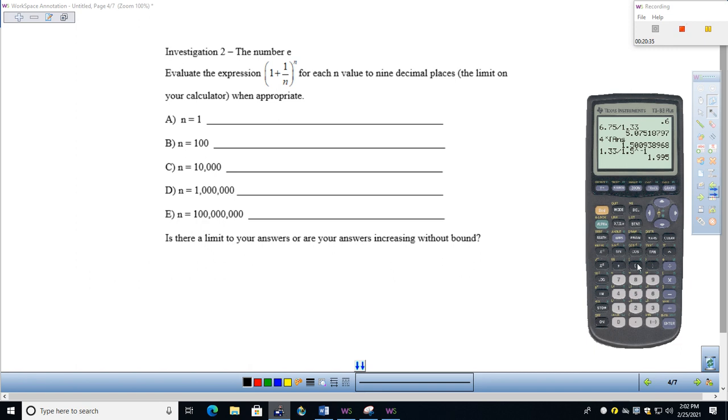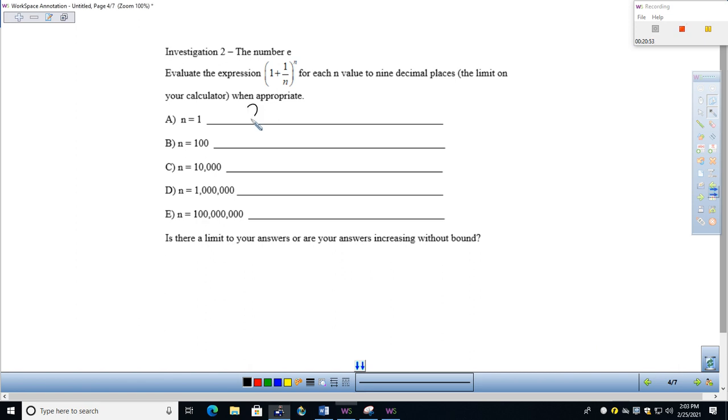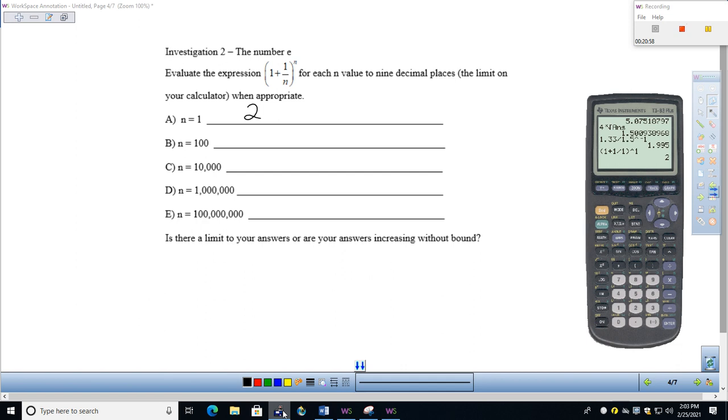All right, so grab your calculator, I'll grab mine, and I'm going to do 1 plus 1 divided by 1. Close the parentheses, raise it to the first. This should not be a shocker, but you get 2. All right, so that's all well and good. Now I'm going to probably do just 1 or 2 more of these and then just write the others in, but maybe you're working a little quicker than I am, and you can just write them in and wait up for me. But the next one, now when n is 100, so 1 plus 1 divided by 100,